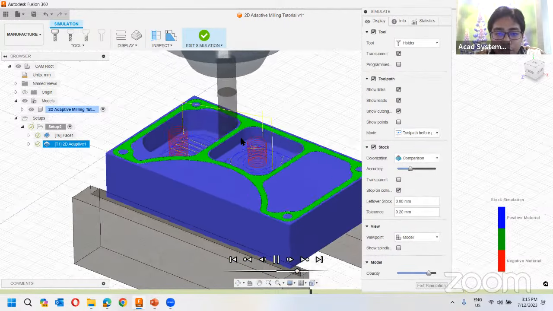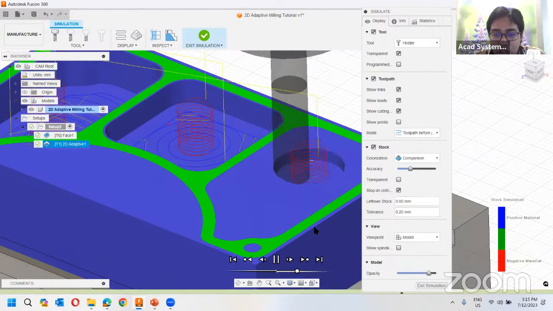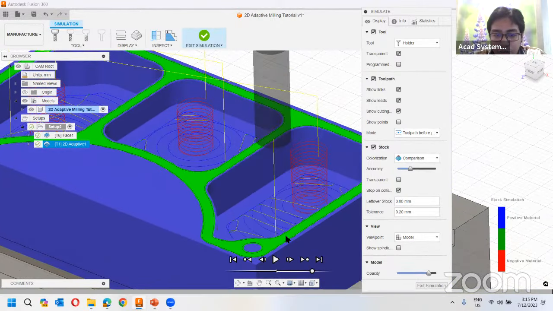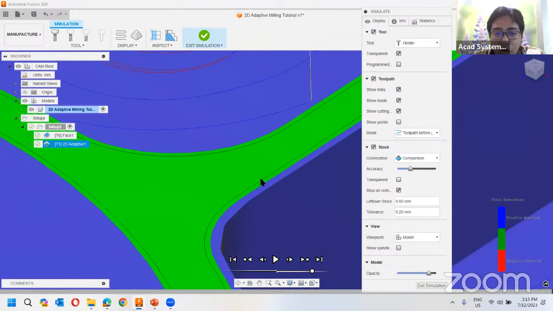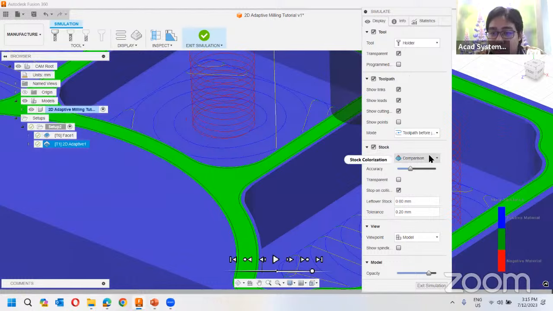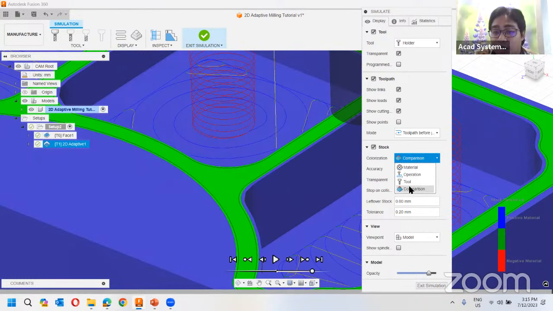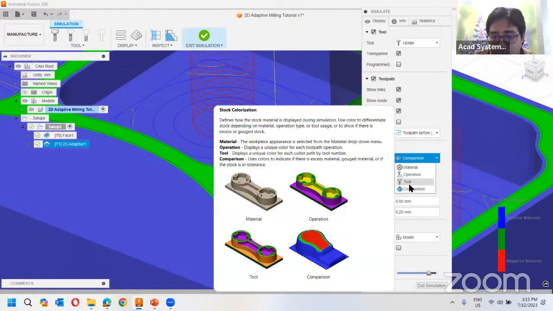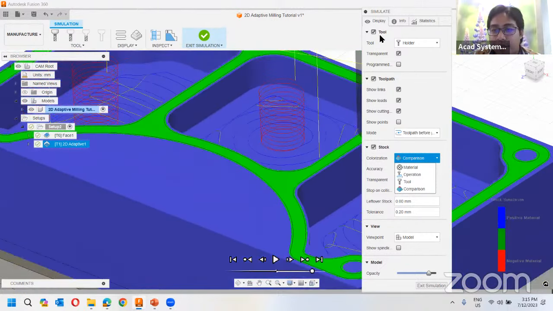Right, so that is the first process. Other things that you may see here is that once the cutting process has been done, we actually have some leftover over here. The green here under the simulate is the comparison. The green here is the actual solid model that we would like for our end product. The blue here is still a leftover of the raw material. So what happened here is because